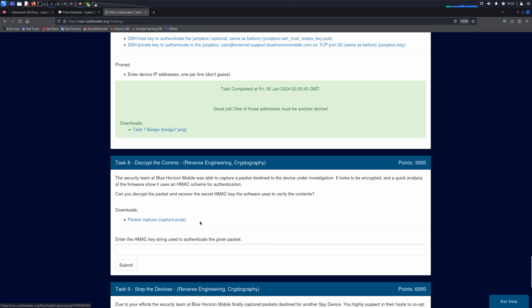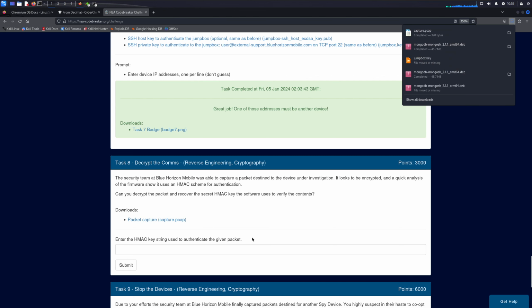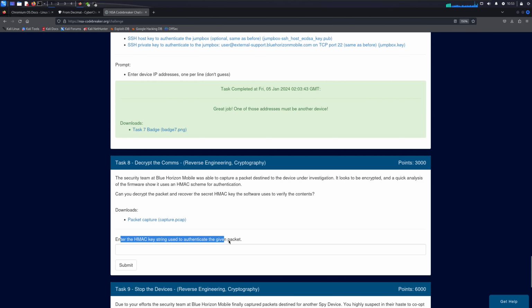So this challenge gives us one file. It's a packet capture, so a PCAP. We're going to download that. And then what the challenge wants us to do is enter the HMAC key string used to authenticate the given